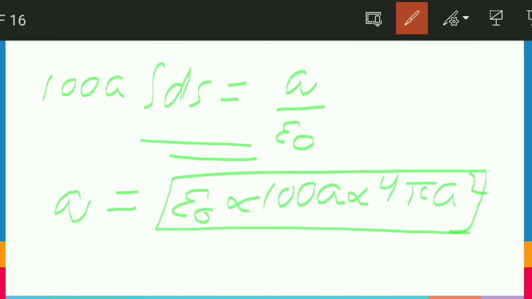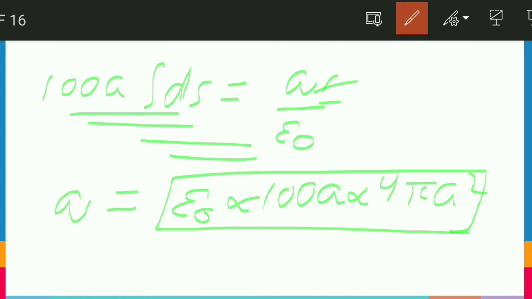So friends, I hope this question is clear to you. This question was basically to develop your thinking about how to apply Gauss law when the electric field is given in some twisted manner. So we have to calculate the electric flux through the surface very conceptually and very correctly, so that no mistake is made and our charge contained will be easily found.